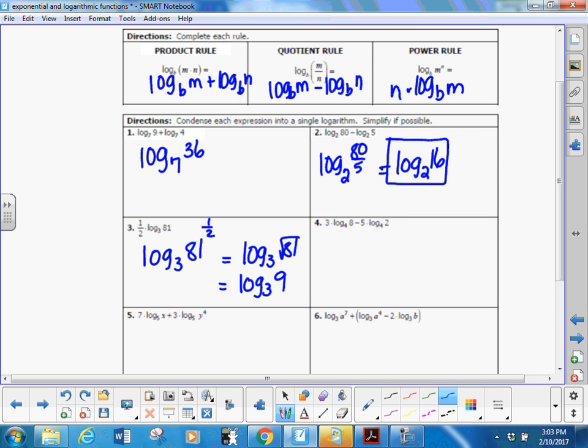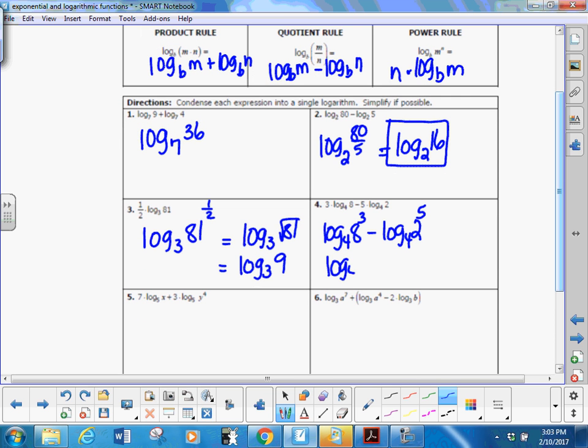For number 4, again, I've got a couple things going on. I see that minus sign, so I'm thinking about dividing. And also, since I see that 3 out front, I know I can rewrite it like this. First of all, I can rewrite this part in this way. And then looking at 8 to the 3rd divided by 2 to the 5th. Well, 8 to the 3rd is 512, and 2 to the 5th is 32. That's going to give me